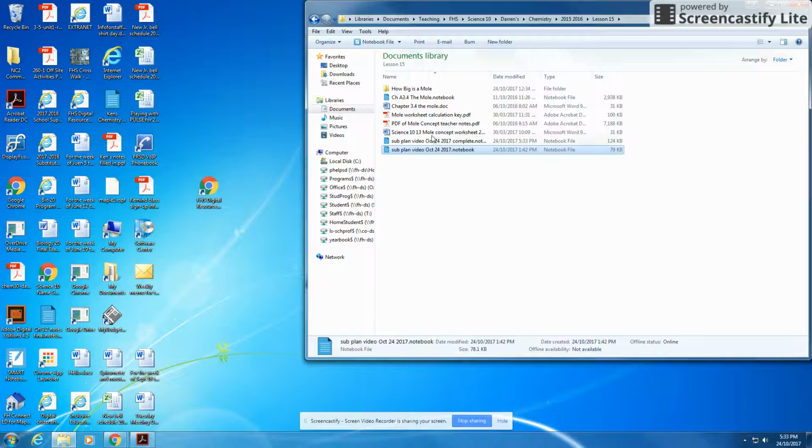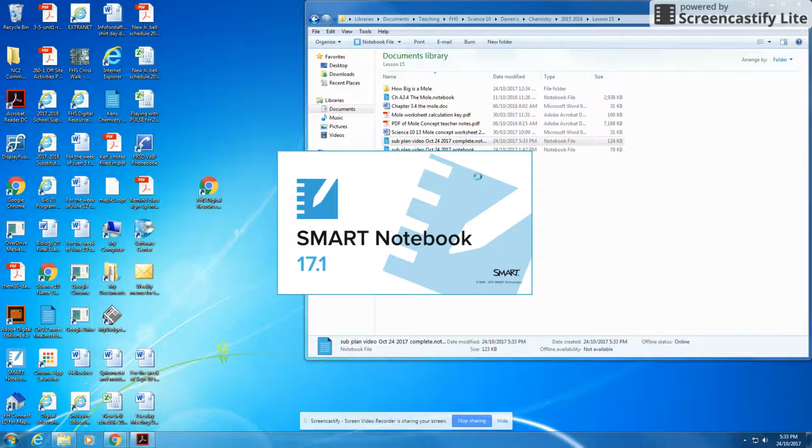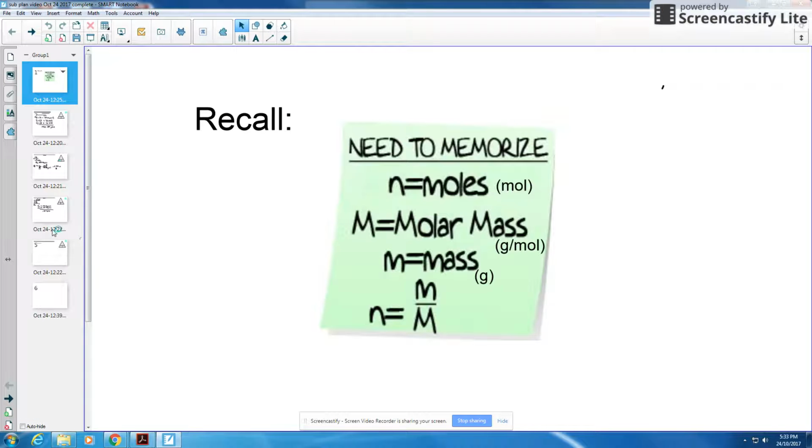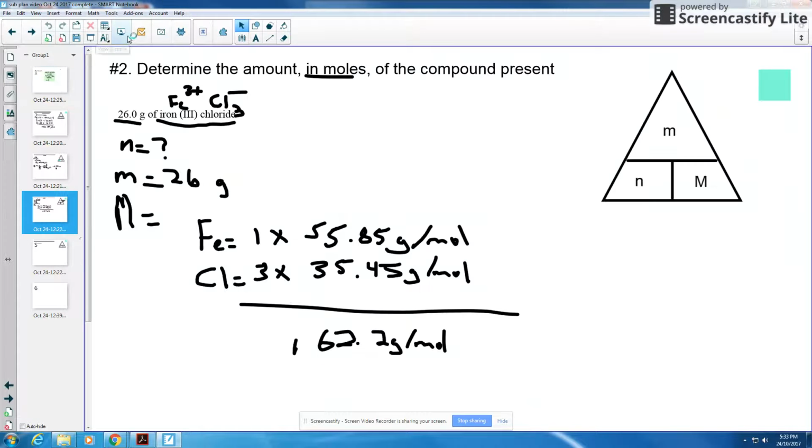All right, guys, so we are back. So let me load this back up here. And we just got to wrap up this question. So we figured out the molar mass. We have figured out the mass. We just need to go to that third step, which is to